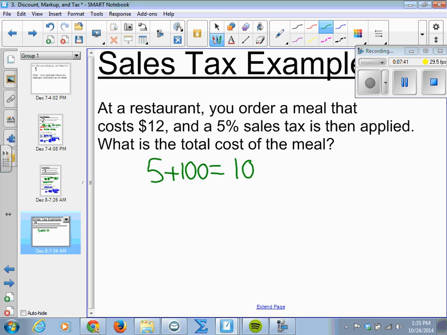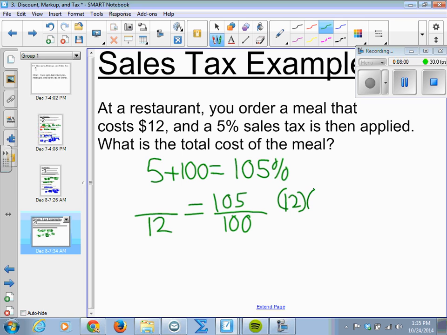In the proportion, that 105 goes over 100. The original bill was 12. Do our cross multiplication of 12 times 105, and it gives us 1,260. Divide that by 100 for a final answer of